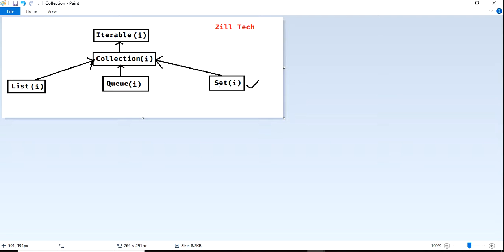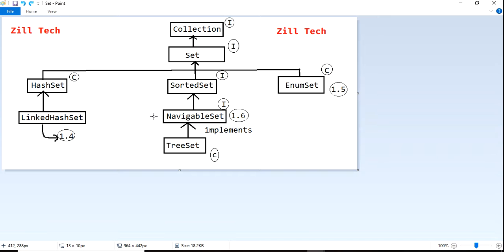Set is an interface, and it is a child of collection. For collection, we have iterable. These all came in the 1.2 version. Set has some subclasses and interfaces, and this is the picture.